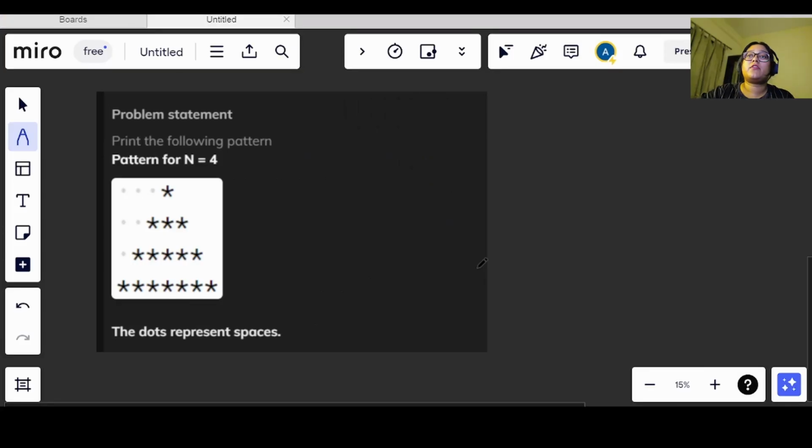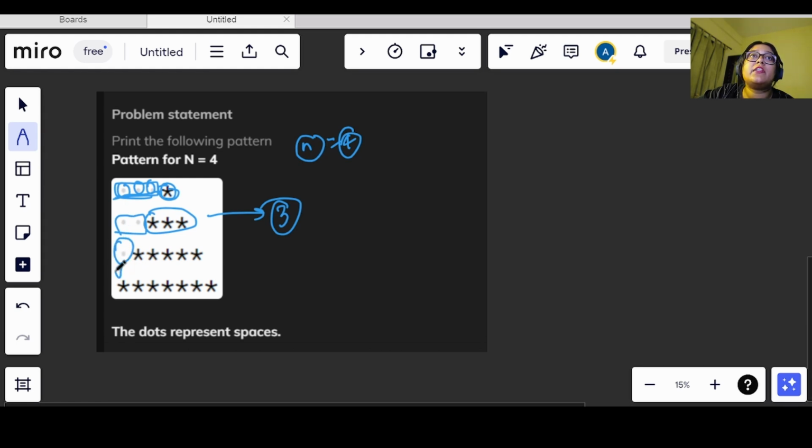So now we have a third question here. In this we see that we have been given some dots here, right? These are the spaces which we need to give before printing a star, okay? So let's say we have n is equals to 4. When we have n is equals to 4, then we will be printing only one star, and the rest of the spaces will be filled with blank space, okay? And now the second row has 3 stars, and before that 2 are filled with space, and then one space, and then it will become 0.